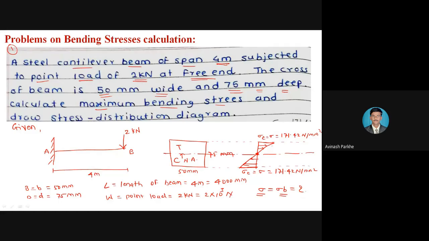Now here at the top portion, the bending stress is represented by sigma t, because for the cantilever beam, above the neutral axis it is subjected to tension, and below the neutral axis the portion is subjected to compression. Therefore, sigma t is always represented at the right side of the vertical line. In this stress distribution diagram, sigma t is represented at the right side and sigma c is represented at the left side. So even if the beam is simply supported or a cantilever, sigma t should be represented at the right side only. It may be present at the top side or at the bottom side.